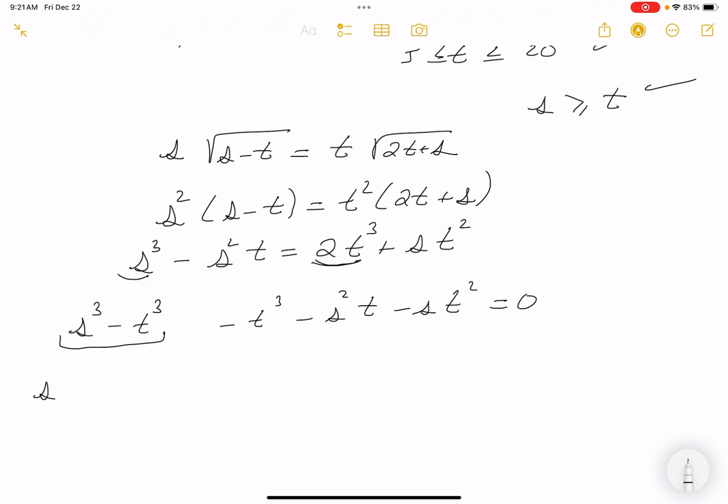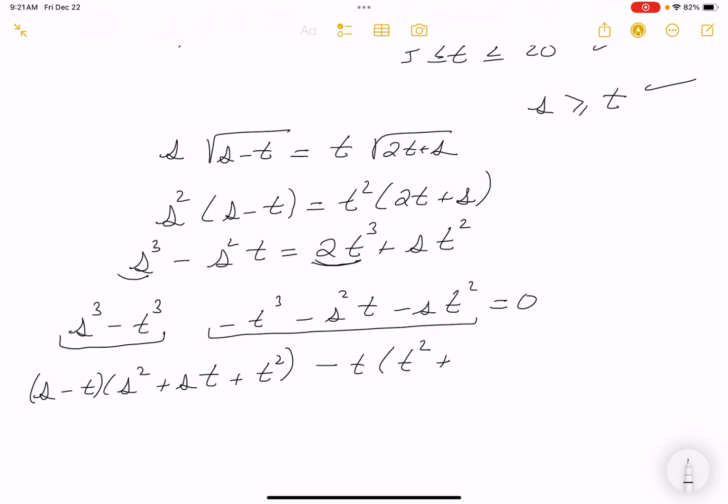So s minus t, s squared plus st plus t squared, minus, and I'm looking at this now to factor this one over here. The first thing I notice is that I could pull a t out, right? I think I can do that. And what do you get there? T squared plus s squared,